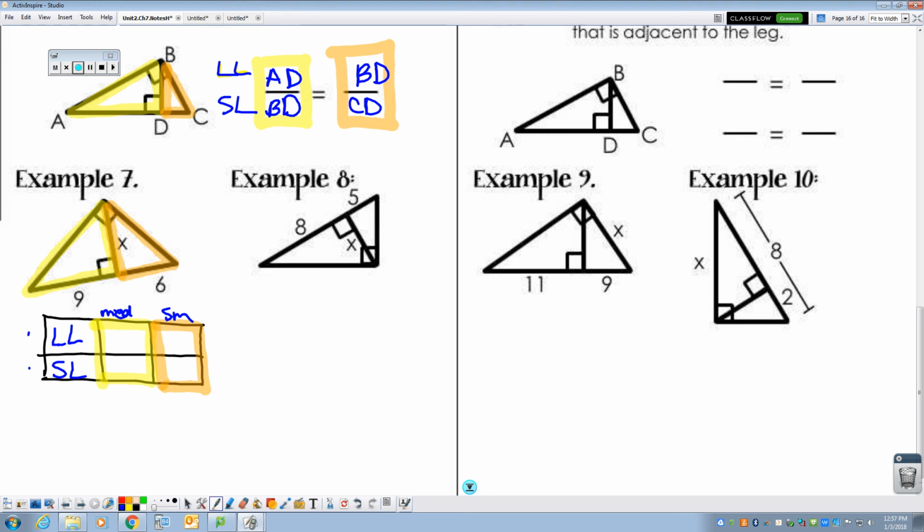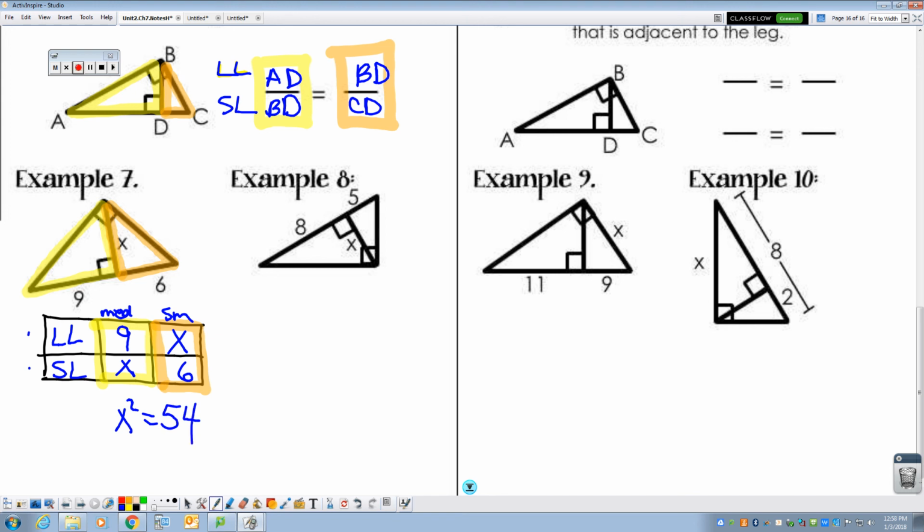The long leg of the yellow triangle is 9. The short leg of the yellow triangle is X. Now we're going to go to the orange triangle. The long leg of the orange triangle is X. The short leg of the orange triangle is 6. And once we're here, we cross multiply